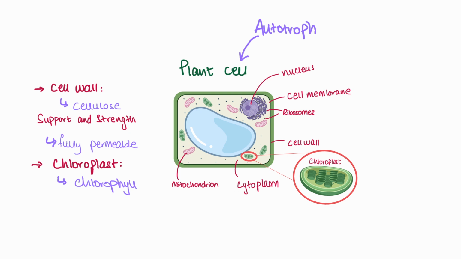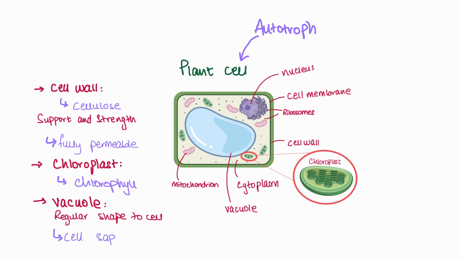Alright, one more obvious thing that you probably see here is this huge bubble in the center. This is what I skipped out on in animal cells, if you recall. I said vacuoles are very tiny and almost useless in an animal cell, right? But I told you that in a plant cell, these are going to be useful. So in a plant cell, quite obviously, a vacuole is a very large organelle, and it's placed centrally, which is to assist the cell wall in providing a regular shape to the plant cell. So cell walls and vacuoles essentially work together. Another feature of the vacuole is that it contains this sugary substance called the cell sap. This is basically the plant's food.